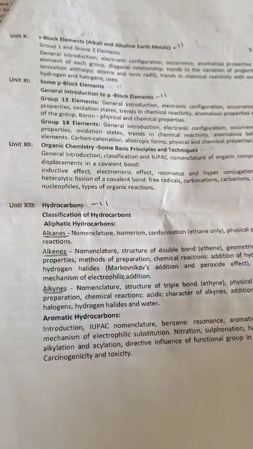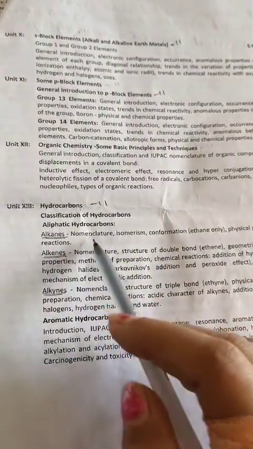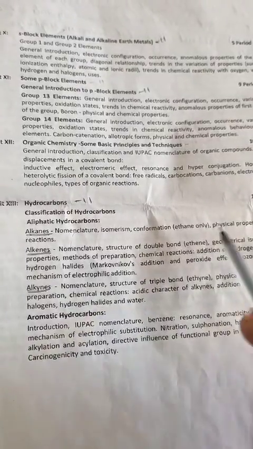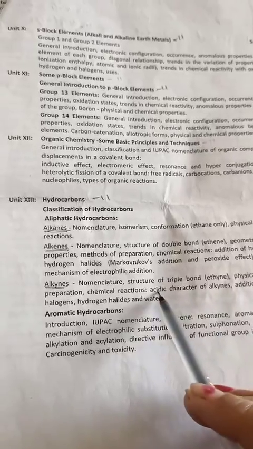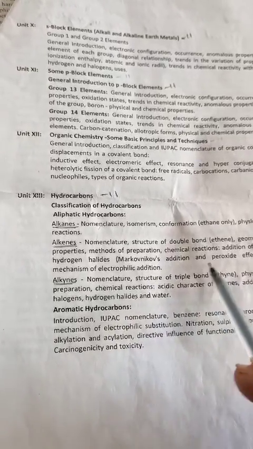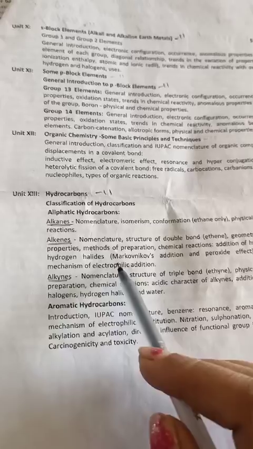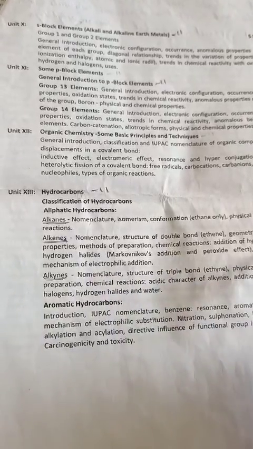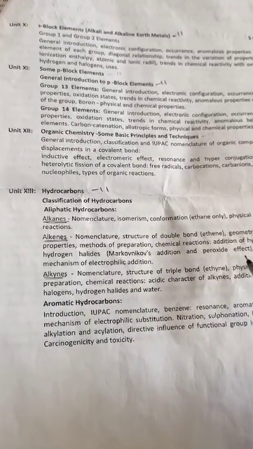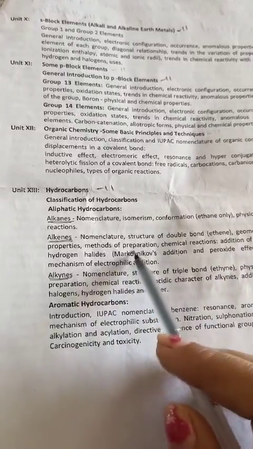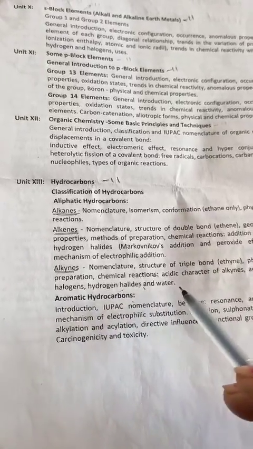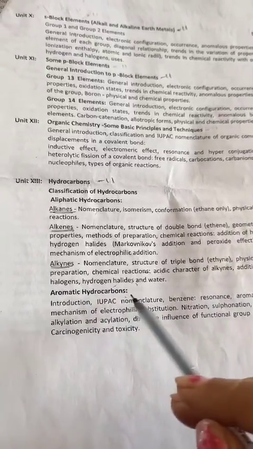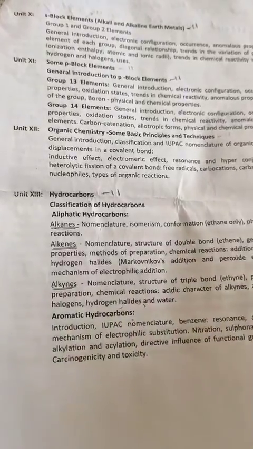In hydrocarbons, now listen to me. First of all, learn the nomenclature, then you can write down the physical and chemical properties of it, fine. And if you show a triple bond or double bond, then it can show like this. If we are asked Markovnikov's addition rule, then you can write it down. Take it from the ABC book, all the things are there. Do all three preparations, nomenclature, chemical properties, physical properties, and some extra things are there: addition with halogen, hydrogen halides, water. So you can complete this.